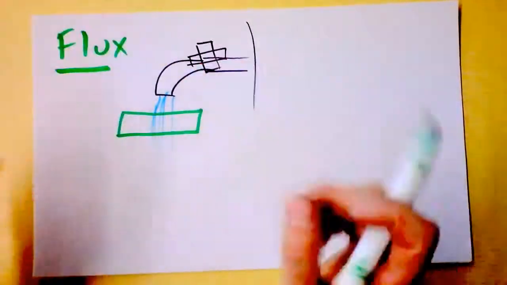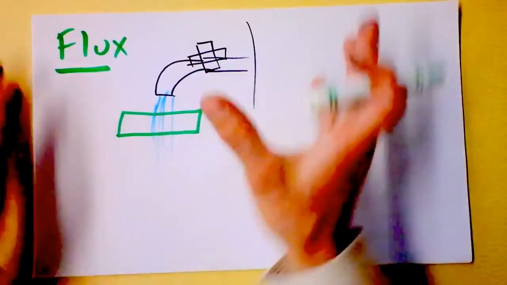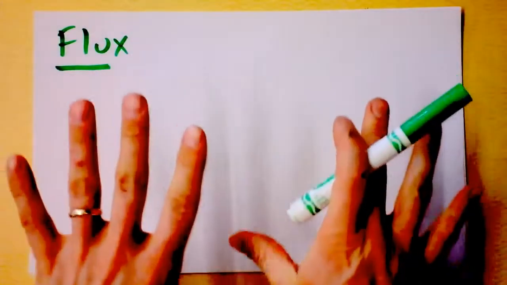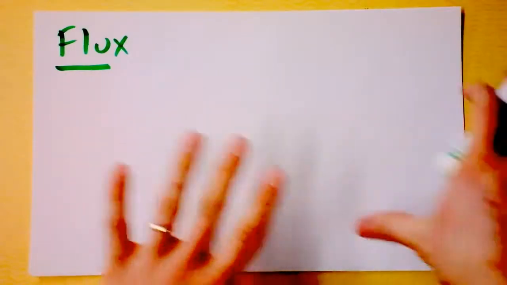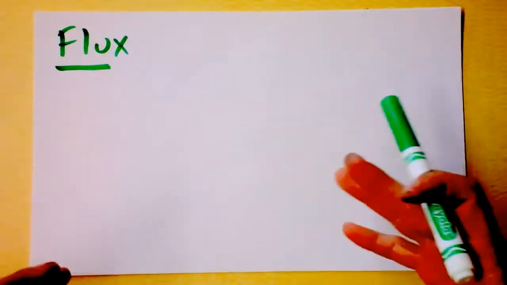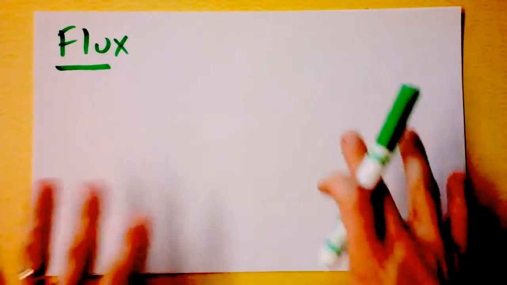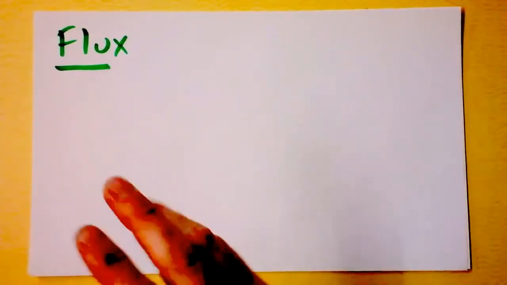So the word flux comes from the Latin fluxus, meaning flow, and we're going to talk about the idea of electric flux. It does not mean electrons moving from one place to another, but it represents the idea of electric field going through an area. So it's a flowing of electric field more than it is a flowing of electric charge. And I've got this